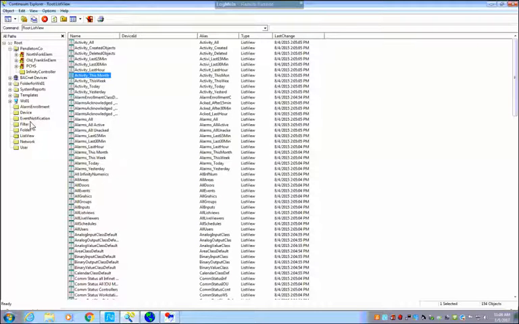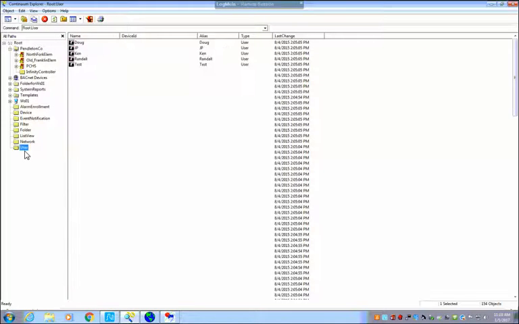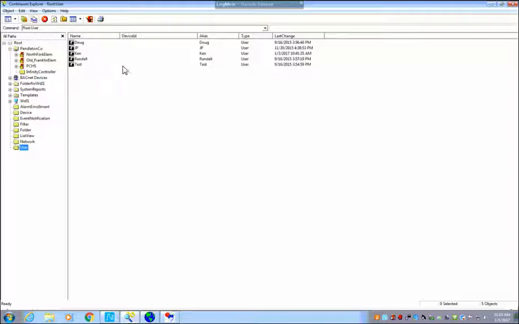So anyway, all the users for your system is located at the end of the tree right there. If you click that, it's going to show you who has access to this system. These are the different people that work in this space. To add a person is pretty simple. Do a right click in this area here on your mouse and do a new user,